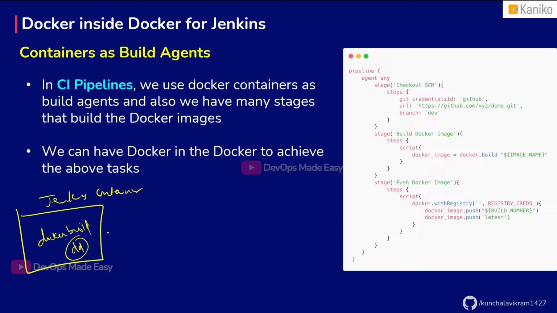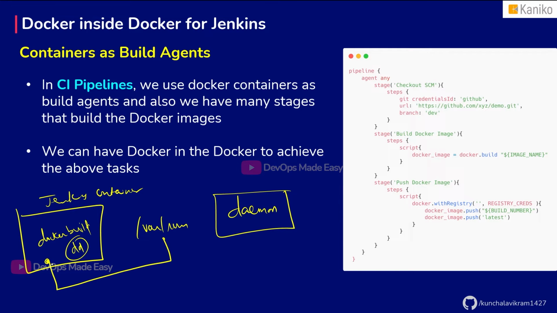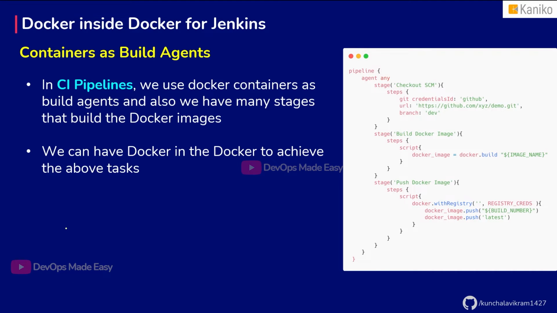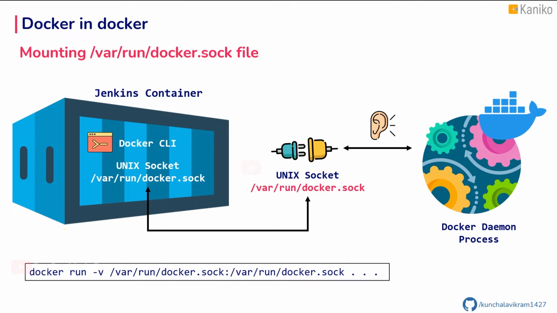Now we are going to use the same method. Since we already have a daemon which is running outside your container and it is actively listening on /var/run/docker.sock, we are going to take this socket and mount it inside the Jenkins container. And this Jenkins container, from within the container, can issue Docker commands. And one more requirement for this Jenkins container is we should have the CLI installed so that Docker commands can be issued. So this is called Docker in Docker, which is pretty useful in case of Jenkins, because